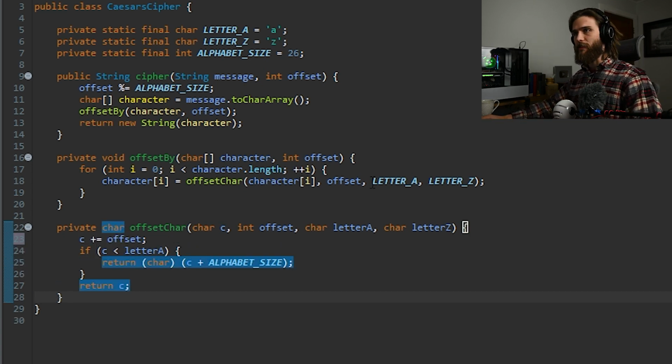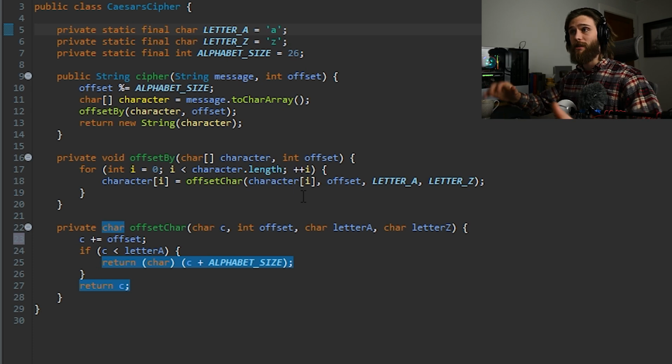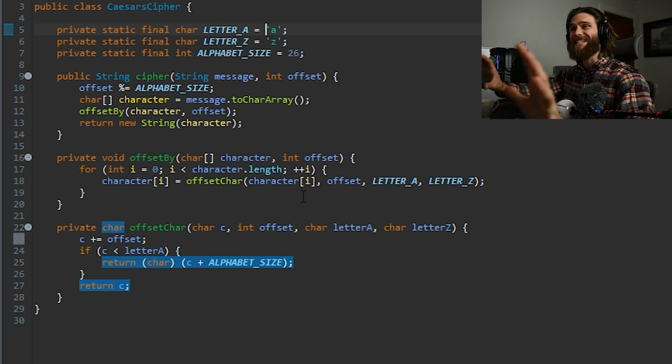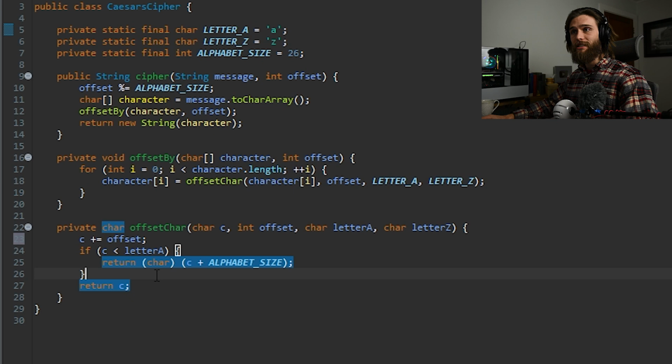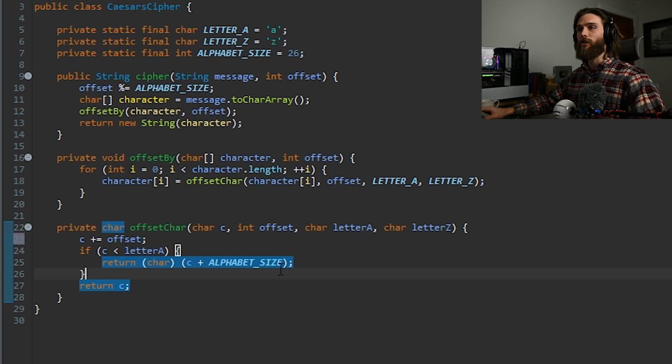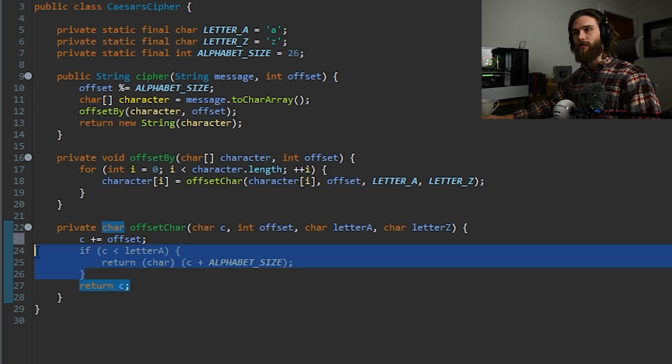I mentioned our previous method where we're going to have letter A and letter Z, and we're going to assume that every character in our message is lowercase. We're representing a lowercase a and a lowercase z, and we don't care about the uppercase because we have control over the message, so that is what we have decided together. Within our offsetChar, we are also only allowing a left rotation. We're going to be looking at the lower bounds with this if statement right here to account for a left